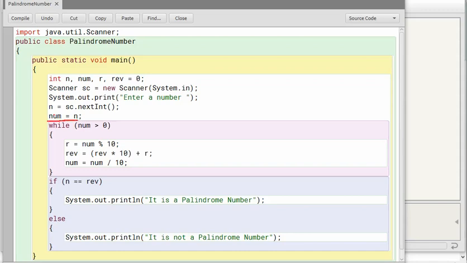Now in the next line, we are executing a while loop. In the while loop, the condition is until the number remains greater than 0. Inside the while loop, we are going to reverse the number. This while loop is written for reversing the number, and the condition is until the number